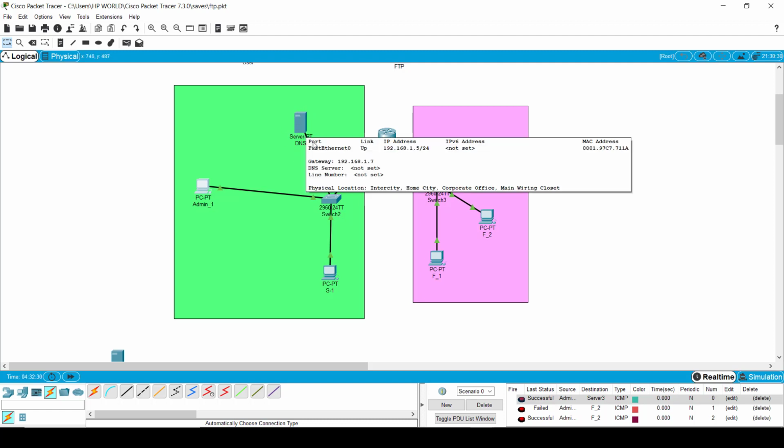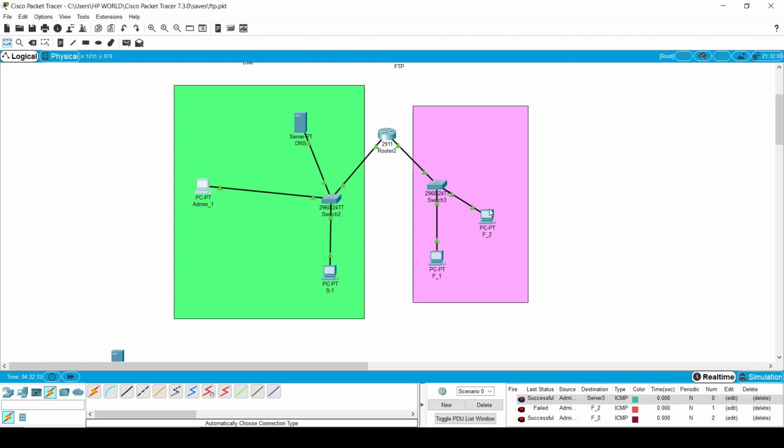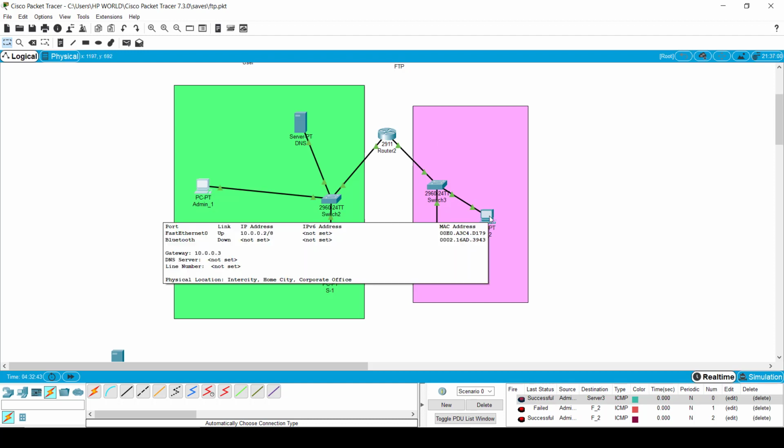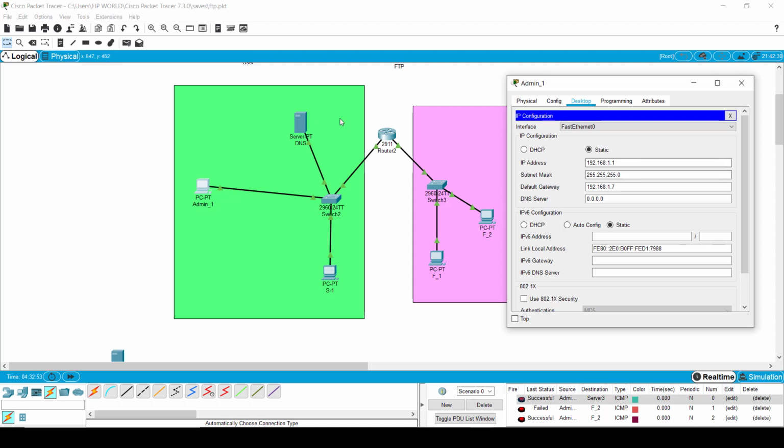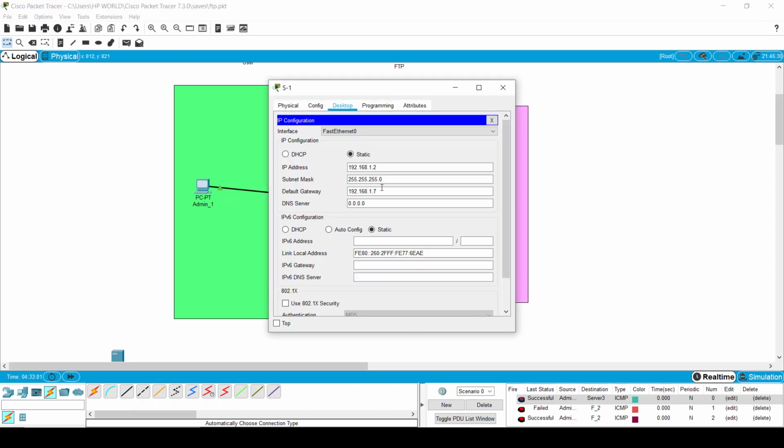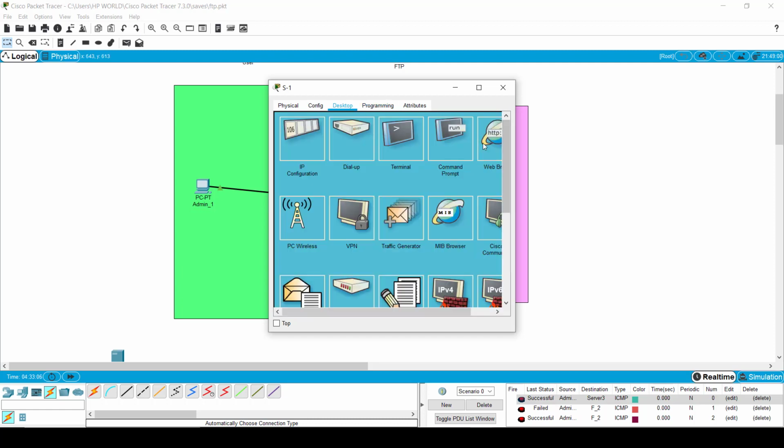So what I'm going to do is that I have to add the exit point of this network, which I have already discussed in my earlier tutorial. So please refer to that to understand in more detail. I have already added the default gateway in all the computers. Now I have to insert the DNS address only, right? So here I'm going to add DNS address 15. Here also I'm going to add DNS address 15. Okay. Now let's go inside and just type